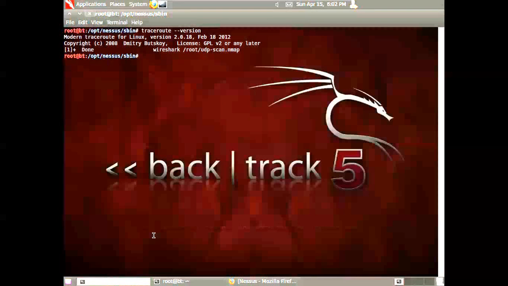This video takes a look at the traceroute command that's in the newer Linuxes. This is Backtrack 5 Release 2, and the version of traceroute inside of here is version 2018. So this is one of the newer releases, and the new traceroute has more features than the older traceroute. Specifically, you can use different kinds of packets to do the trace routing, which is a relatively recent upgrade to